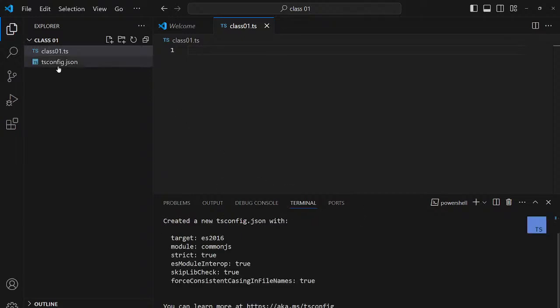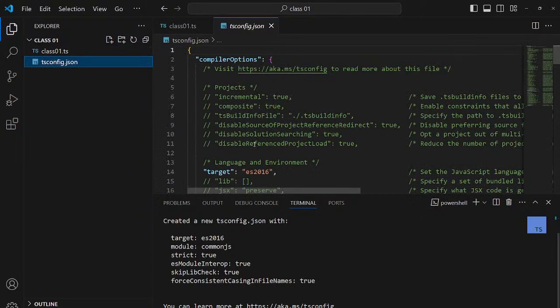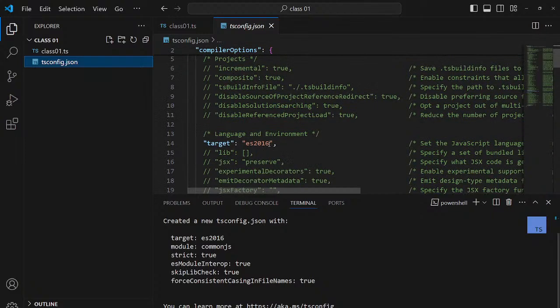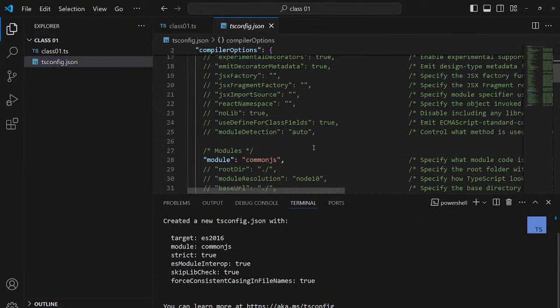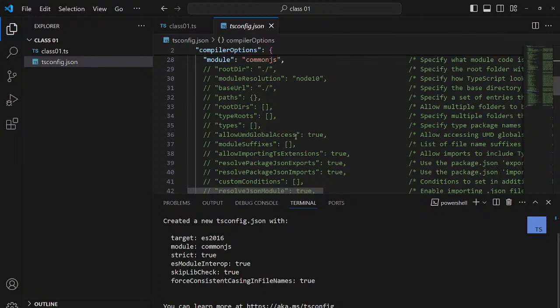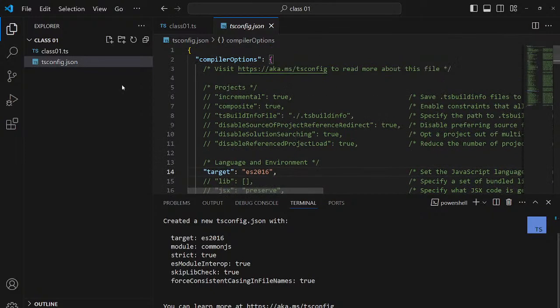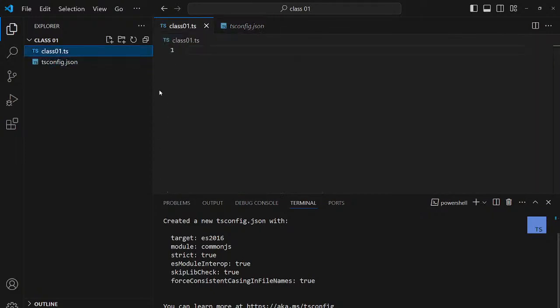Here you can see a configuration file that was not here a moment ago is here now. It contains the file configuration like ECMAScript version and some other stuff, modules. Leave it for now. We'll discuss it later when we're actually going to use it. We're going to make changes to these files in order to make our code run, but for now it can run directly, but we need this file.